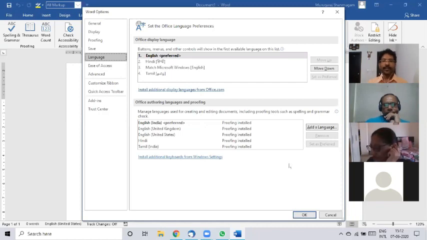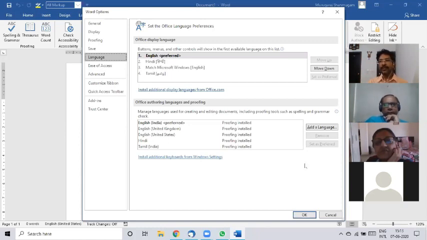Okay, if you have English India as your preferred language, let's say you open MS Excel. So you enter some money value. The moment you choose currency as a type, it will automatically display that as an Indian rupee with a rupee symbol. If you select English United Kingdom as a preferred language, the currency default would be sterling, pound. United States will show you dollar. So these are some of the advantages of having the preferred language.